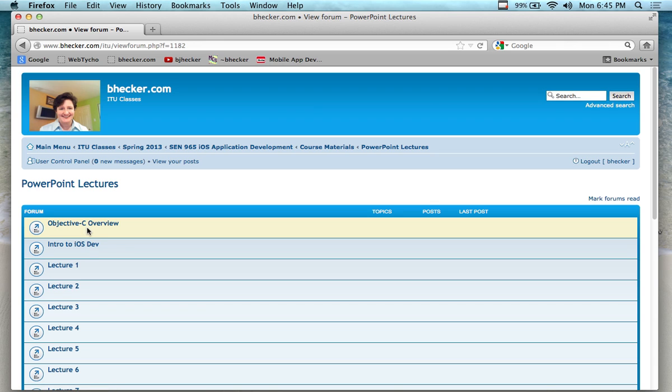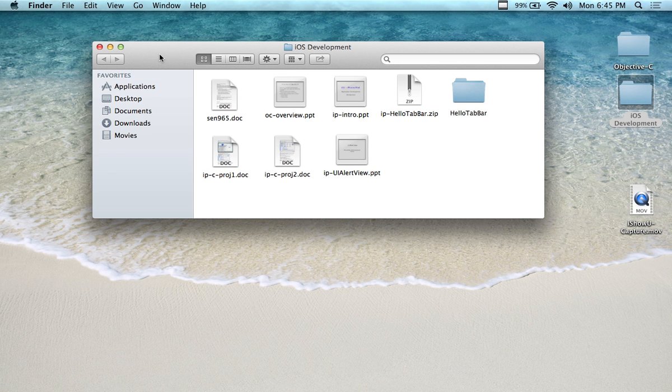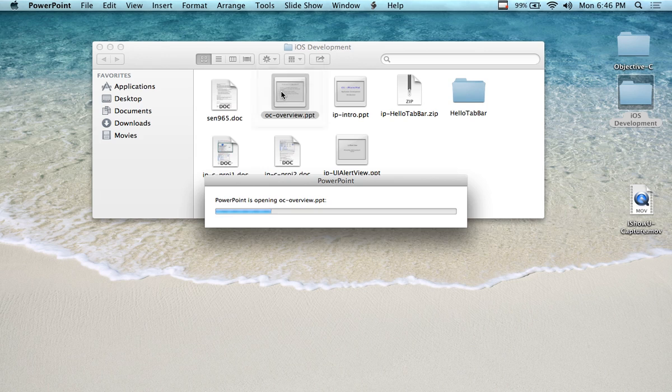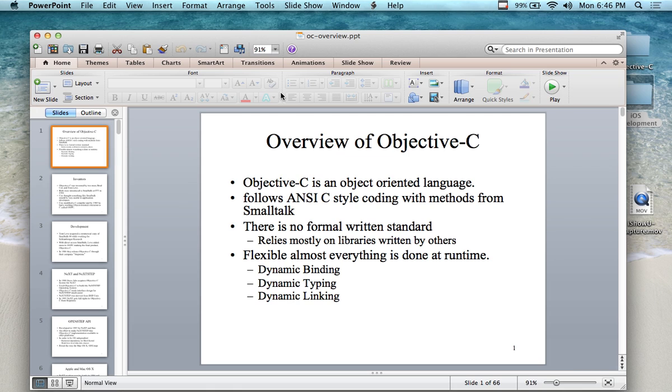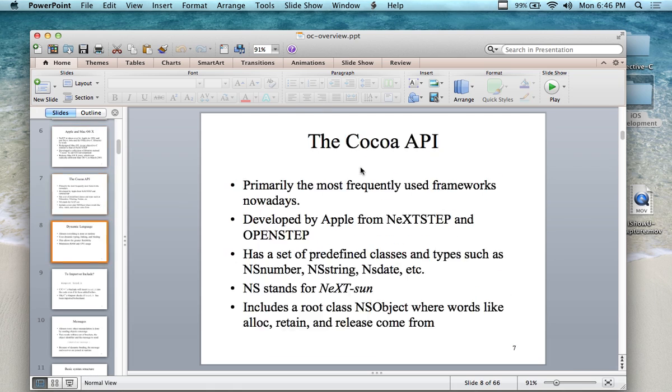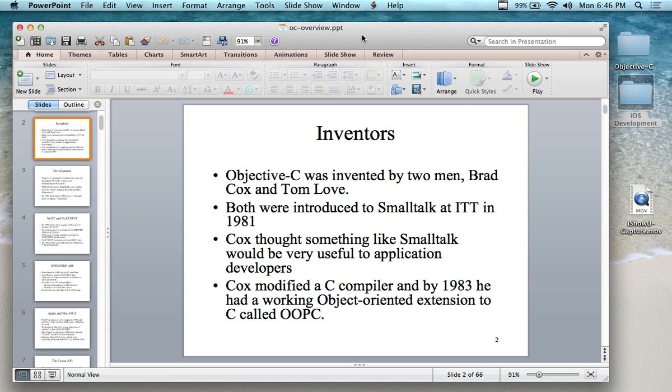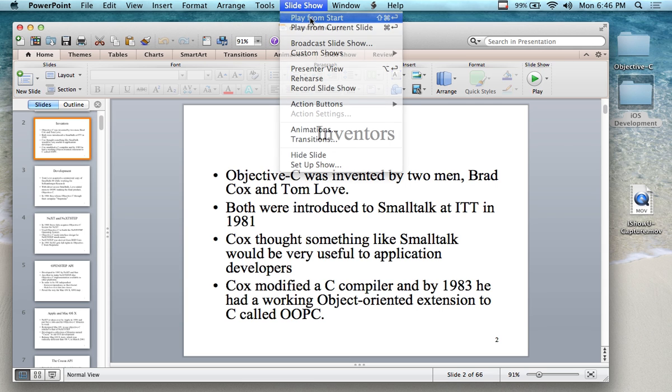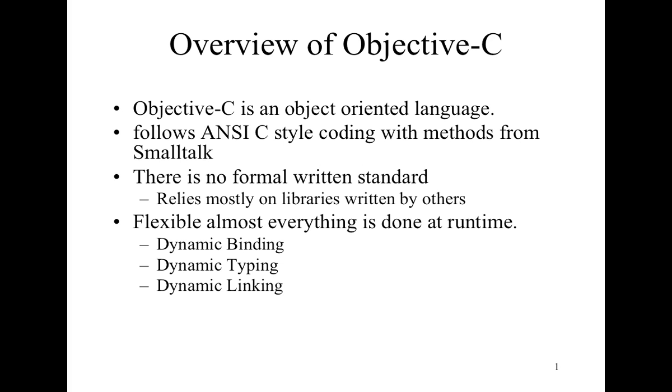So I want to talk a little bit about the history, which might be interesting actually to some. It's the only time I'm going to talk about the history. I'm not going to talk about C or C++, however. So at least you don't have to listen to that stuff again. So yeah, this is the lecture. It's called OCOverview.ppt because most of you have computers. Some of you have computers. If you want to look at it on your computer versus on this screen up here,